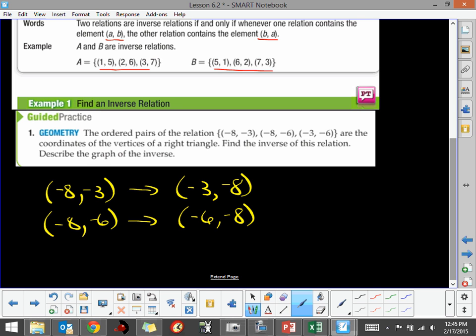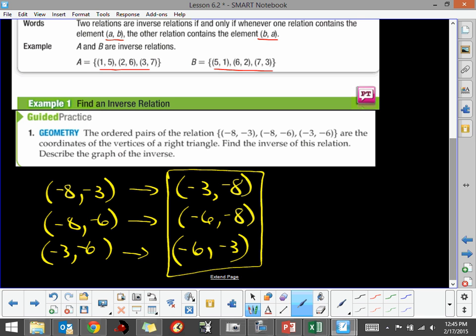We're switching the roles of our inputs and outputs, or the x's and the y's. Other terminology is domain and range. So the ordered pair -3, -6 becomes -6, -3. So these are the ordered pairs of our inverse function, or inverse relation. Now they said describe the graph. Well, if you watch the introduction, then we know that the inverse of these two graphs should be a reflection